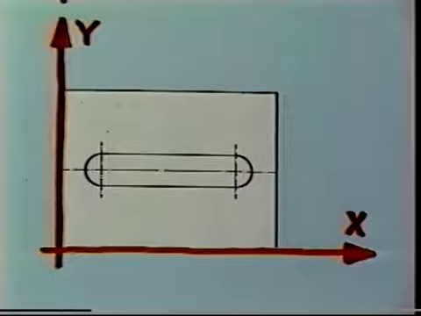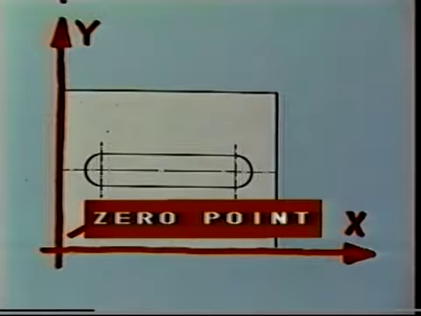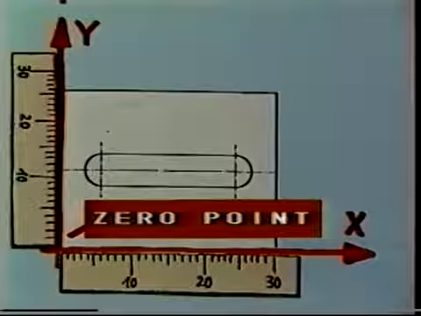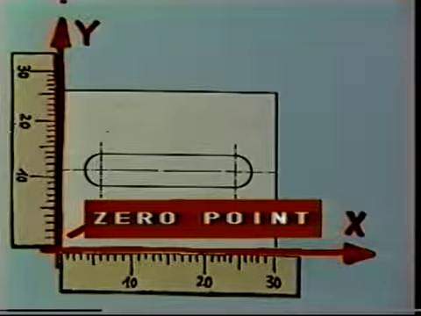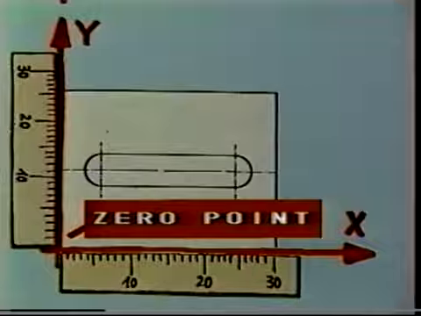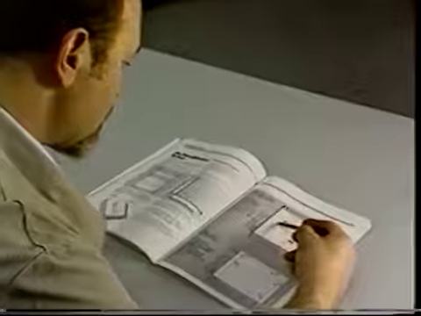So just how does this function on the workpiece surface? The two axes form a two-dimensional coordinate system. The point of intersection is called the 0 point. If you apply a scale to the axes, you can define any point by indicating its x and y value. That doesn't sound so hard. Now let me see if I can do this example.